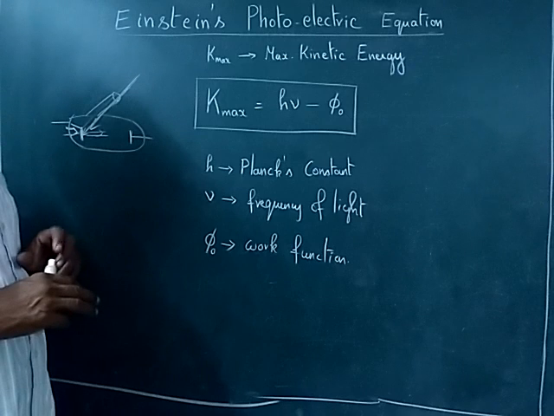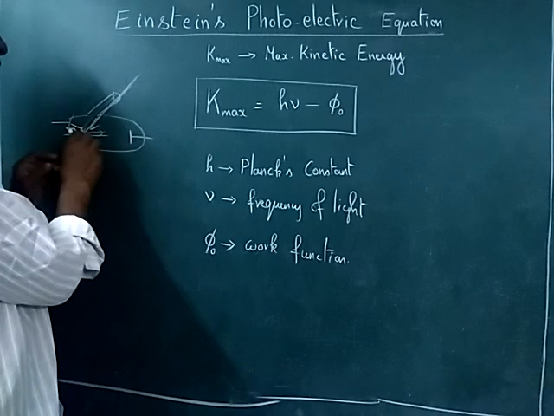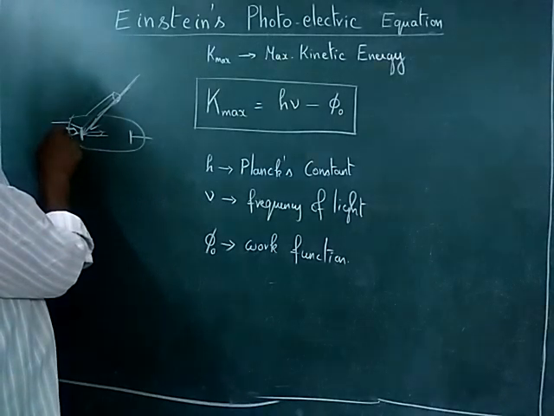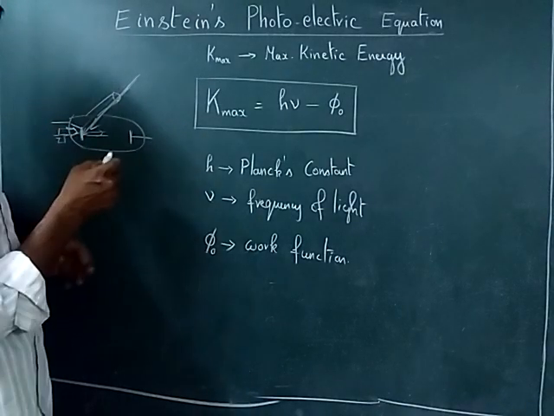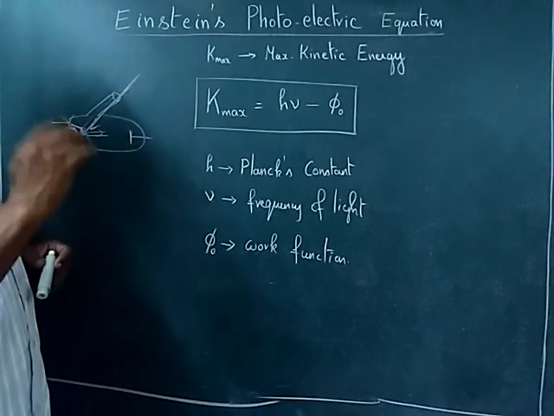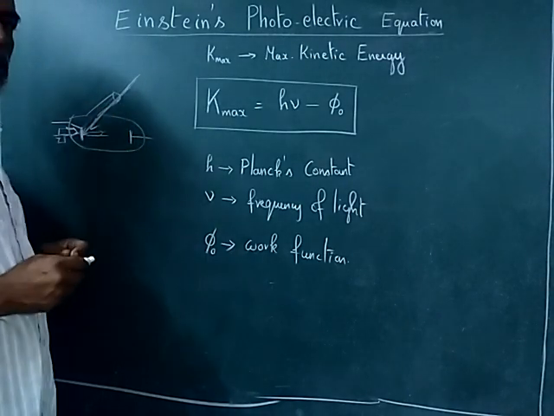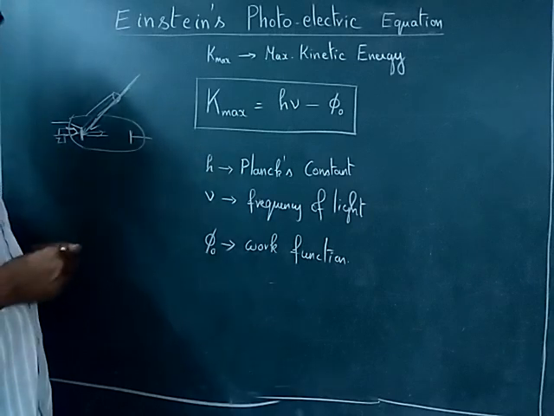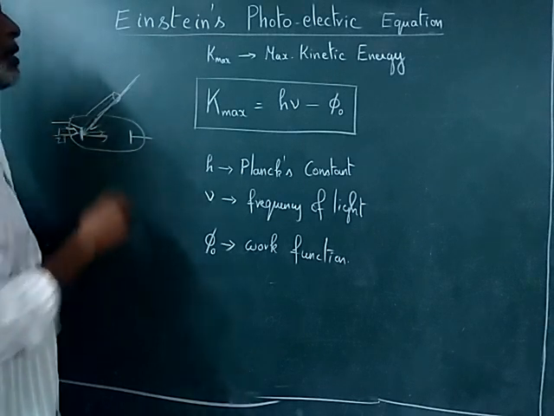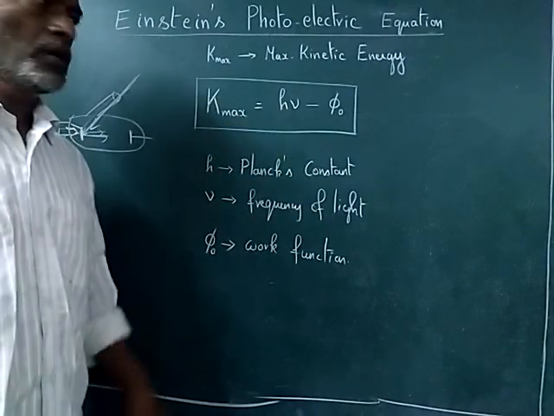So the general procedure for doing this kind of experiment is, between anode and cathode some potential will be maintained, and this cathode will be heated with, say, 12 volts or 6 volts AC or DC supplies. There will be a filament, it heats up the cathode, and the cathode will be at the threshold of the work function. So any surplus energy through the light, or packets of energy called photons, when it strikes the photosensitive material, electrons are released, and this electron possesses a kinetic energy which is given by K max is equal to h nu minus phi naught.